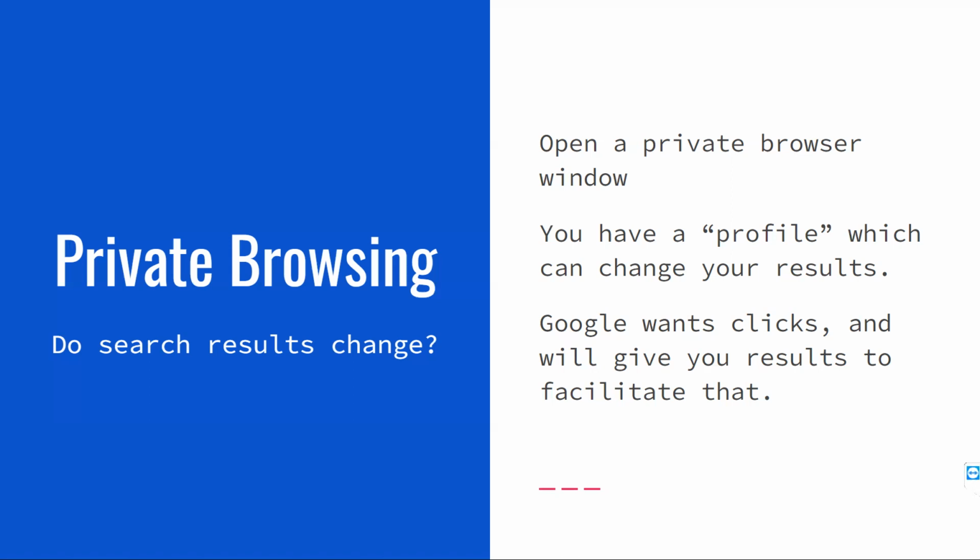So if you really like Home Depot and Google knows that you buy things at Home Depot and you search for a new tool, like a circular saw or something of that nature, Google is more likely to give you a result that ends with you buying it at Home Depot than a result that would end with you buying it at Lowe's, for example.